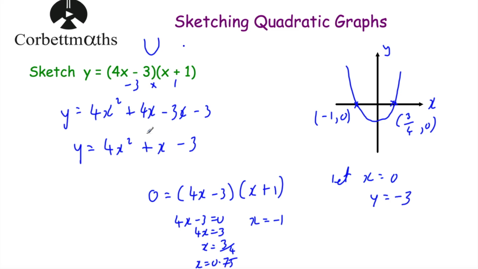Or you could go back to this one and substitute in 0, and you get that 0 plus 0 minus 3, well, it's going to be equal to negative 3. So it's going to cross the y-axis here at 0, negative 3. Okay, so we've labelled the coordinates of the x-intercepts where it crosses the x-axis, the y-intercept, 0, negative 3, and